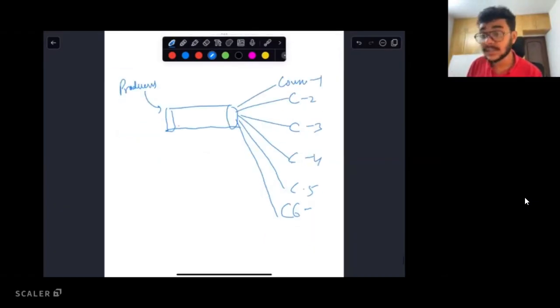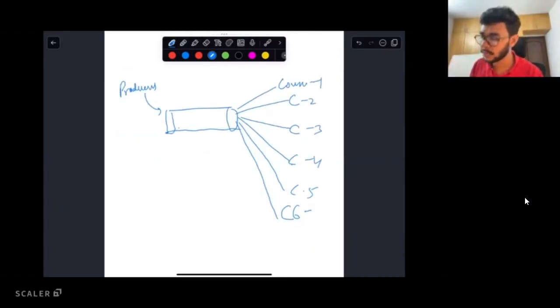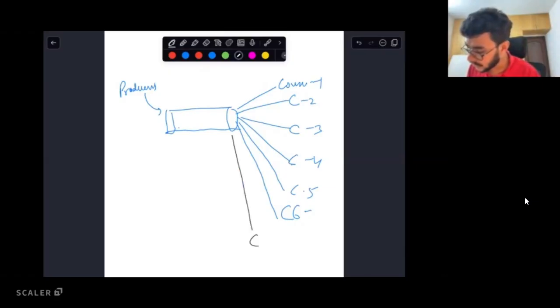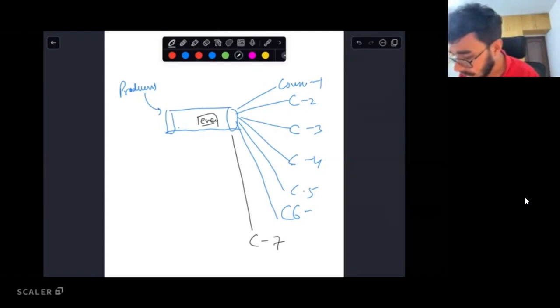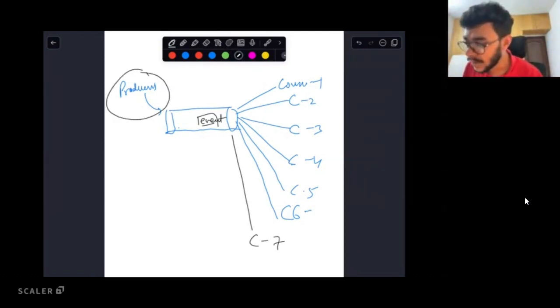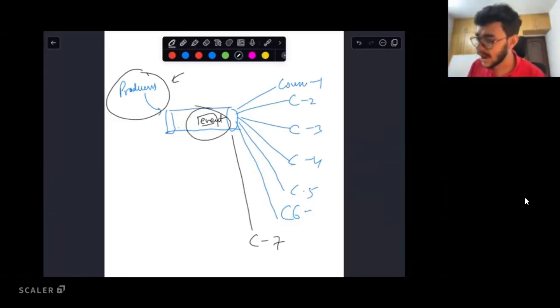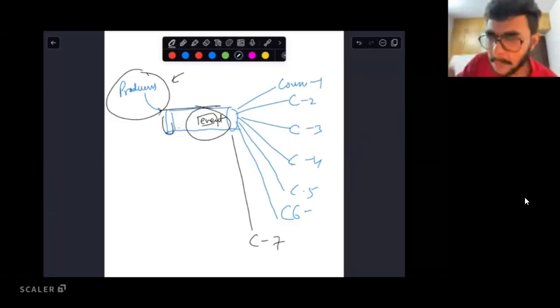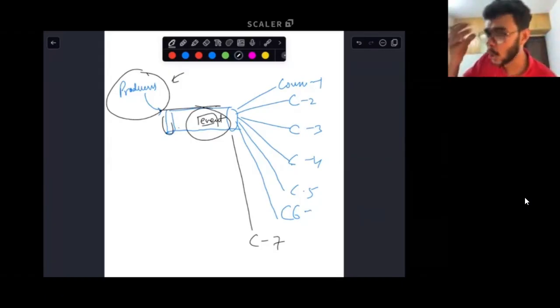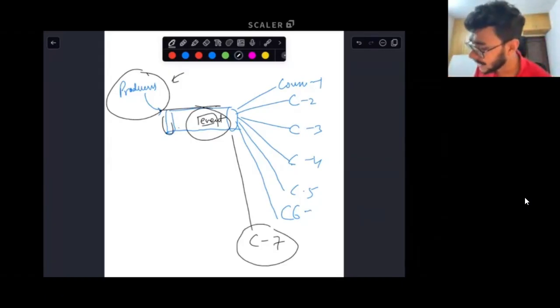Now, how is the single responsibility principle being solved over here? If tomorrow a new service comes over here, let's call it C7, if it wants to process the same event, I do not need, as a producer, to make any code changes in my service. I have just fired it and forgotten it. I fired the event in a persistent queue. Persistent queue means that the event is going to be stored over there, and then a new consumer can say, hey, I want to start using this new event.